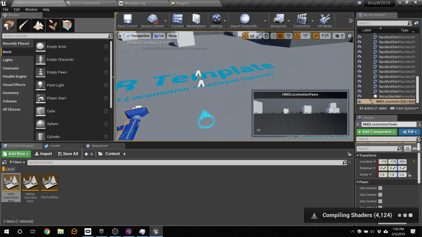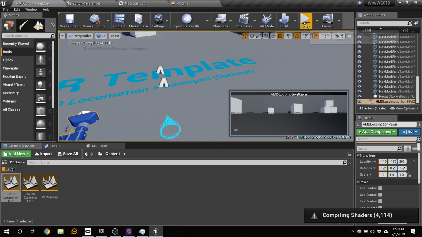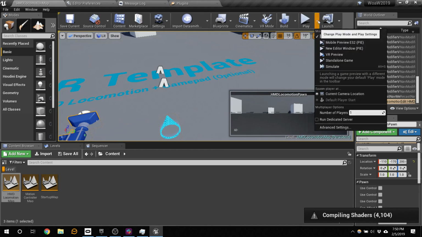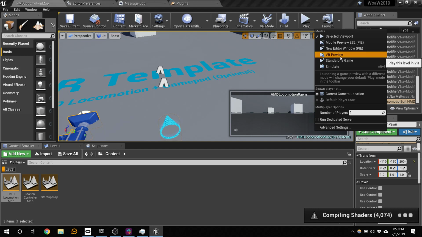And let's resize this so you can see all the buttons. Where it normally says play, I can say preview in VR. Now, one thing that people always do the first week is they open up the project and then they plug in the headset. If you do that, you have to restart the project, because it needs to know that you have VR connected before it starts the project. So this will be grayed out if I just connected it now. And so if I do VR preview,